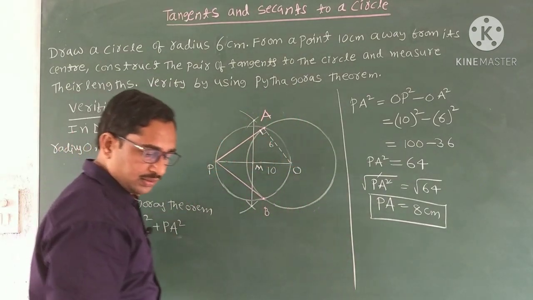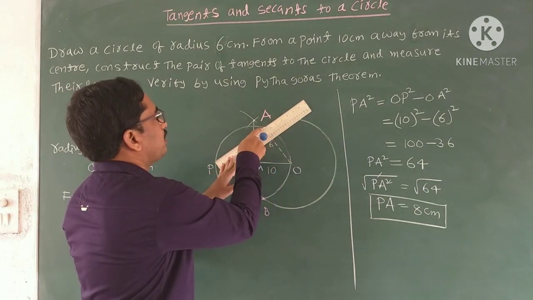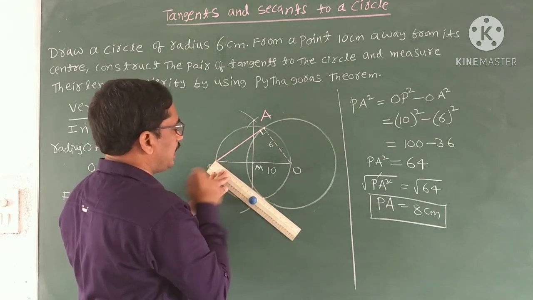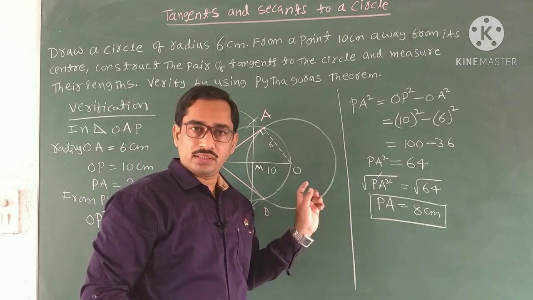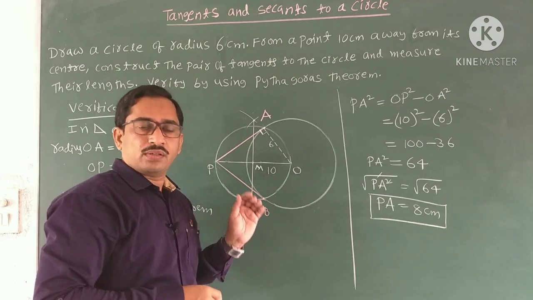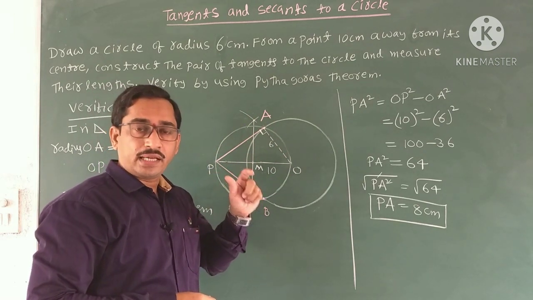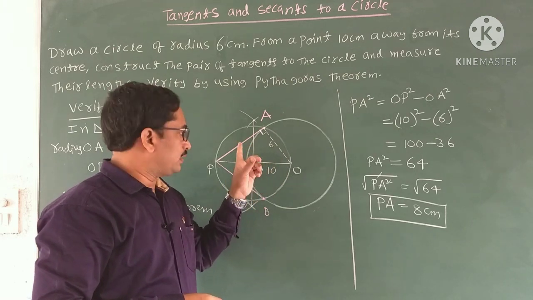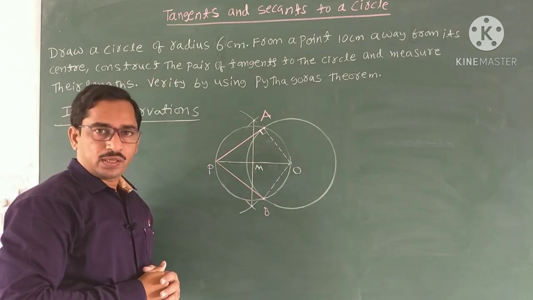And from construction, we conclude the length of tangent is also the same, 8 centimeters. Observe, this is 8 centimeters. The lengths of tangents PA and PB are both equal to 8 centimeters. Now this is the verification from Pythagoras theorem. Now observe some important points related to this diagram and also exercise 9.2 first bit problems. All these are observations related to the construction and from exercise 9.2 first bit problems. Now see the important observations.